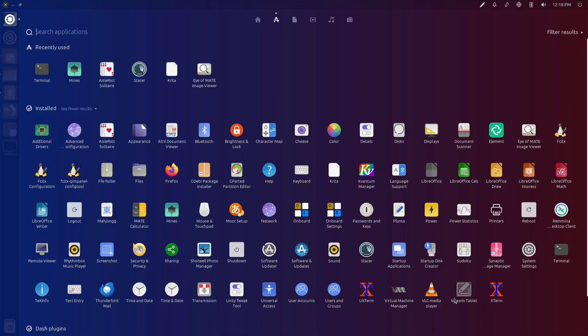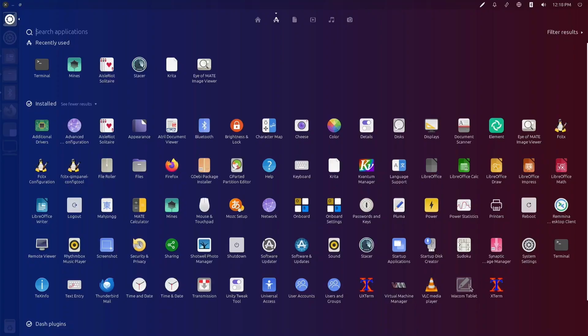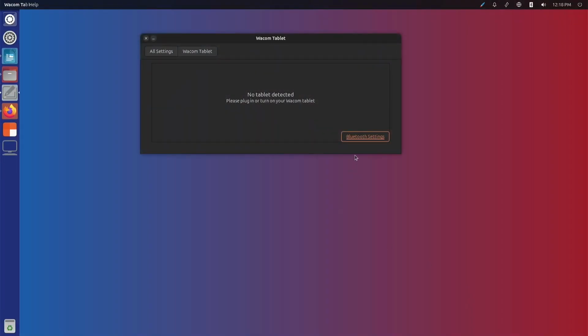Let's see here. Oh my god, you know, I didn't even go into the Wacom settings. Hold on. We're going back to the Wacom tablet, guys. Oh, this is so ADHD. Okay, and it synced right up. Wacom tablet. Yes, there is.